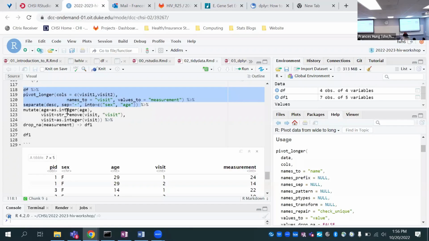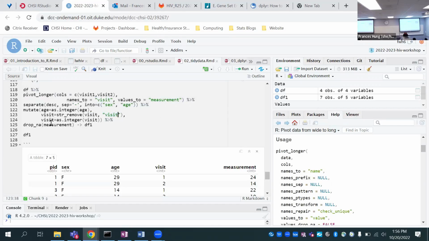We can also mutate the visit column to remove the visit string in front of the visit number. And that's what this str_remove does. It takes the visit column and it removes the string visit.